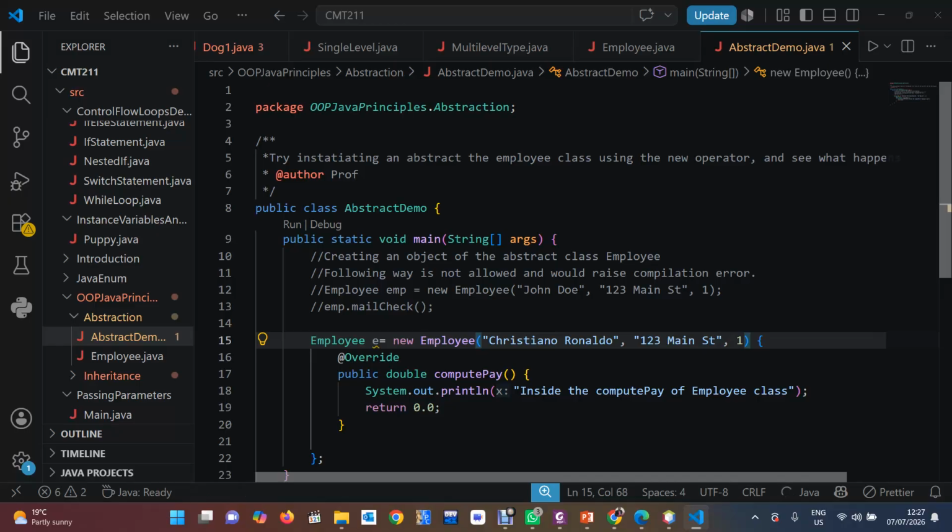Then we assign him 123 Main Street, and the postal address to be 145. And then we want to print out his value. So we don't even need to compute his salary here. Should we have to print out his salary in this area? We just need to